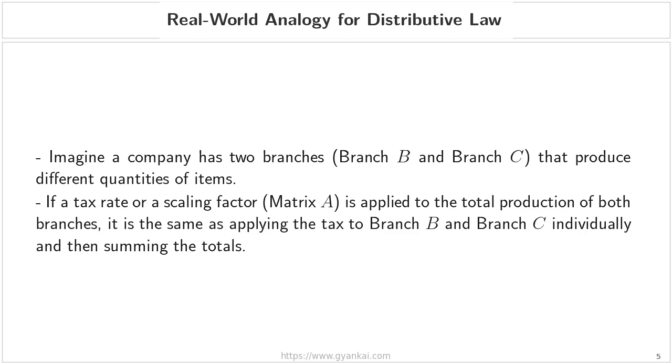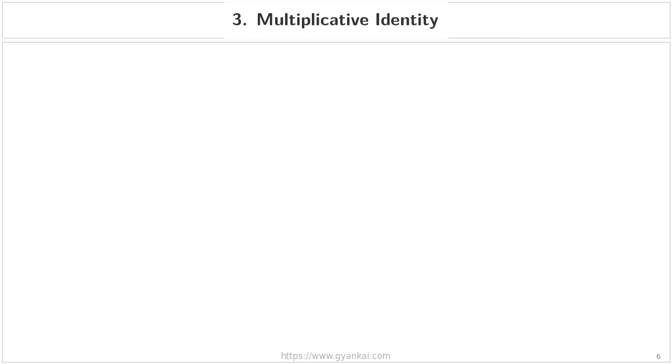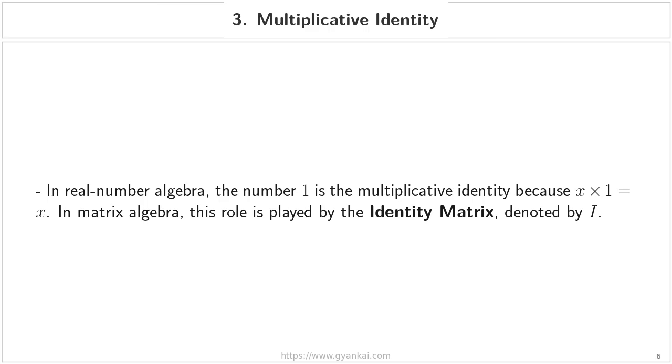Once you have a firm grasp of this distributive property, we will move forward to discuss the multiplicative identity in the next section. 3. Multiplicative identity. To understand this concept, let's first recall a basic rule from real number algebra. You know that the number 1 is considered the multiplicative identity because any number, let's call it x, multiplied by 1 simply equals x. In matrix algebra,